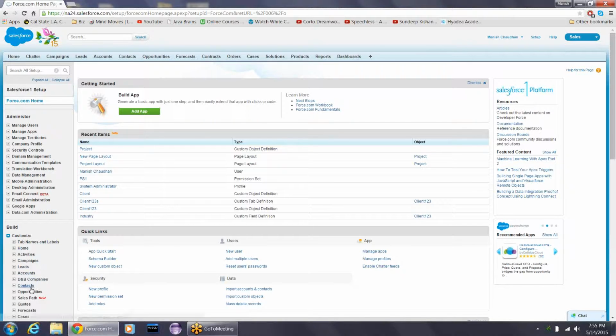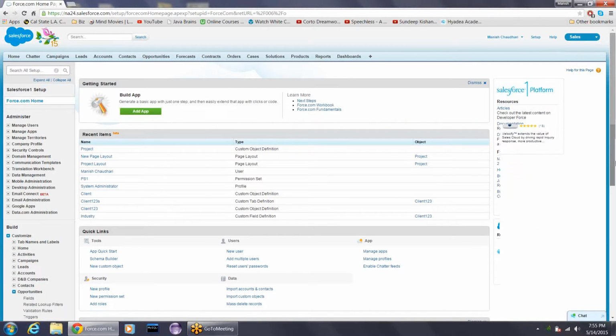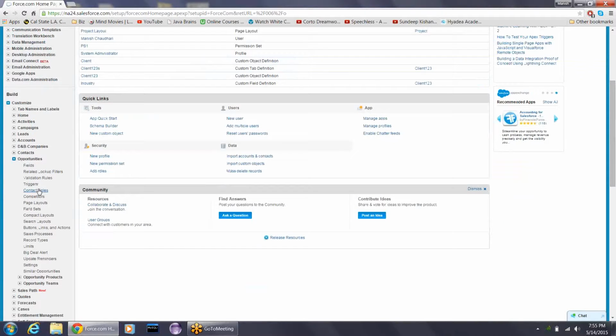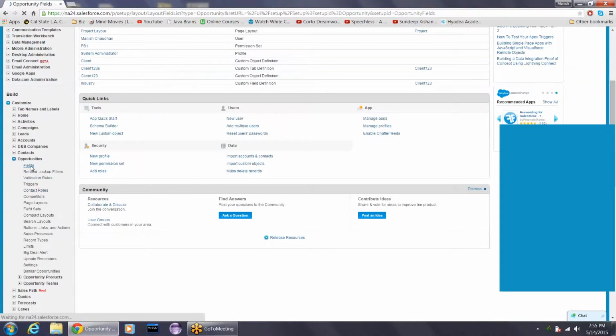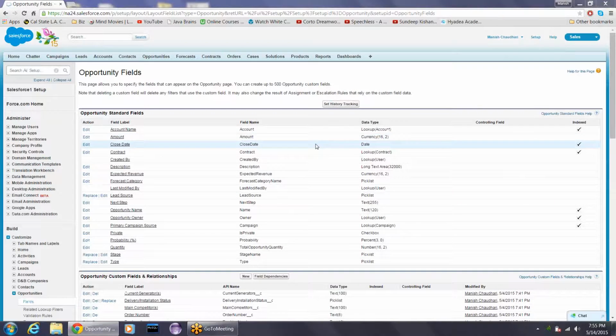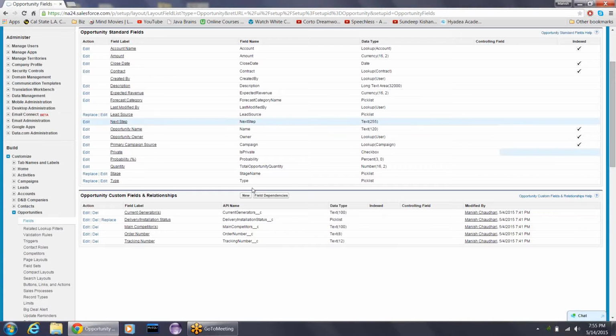Just go to the opportunity standard object, opportunities and fields. Then new field.